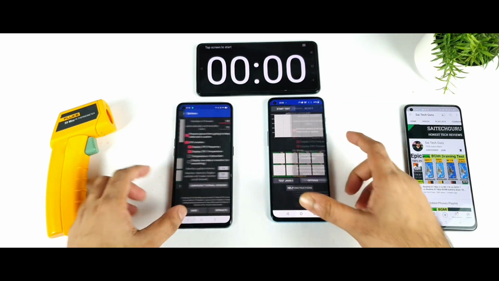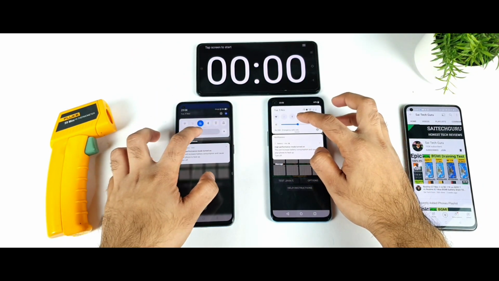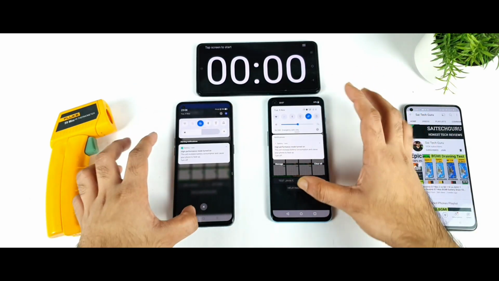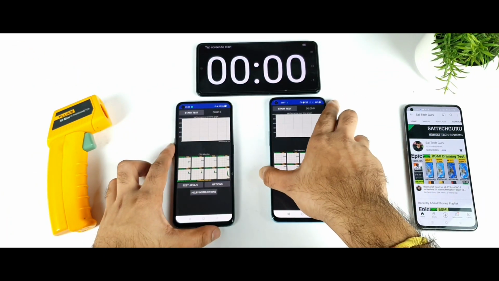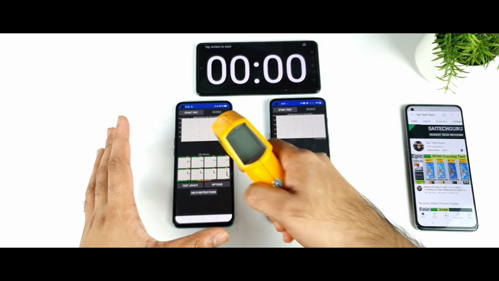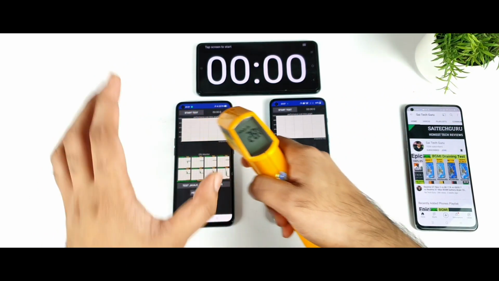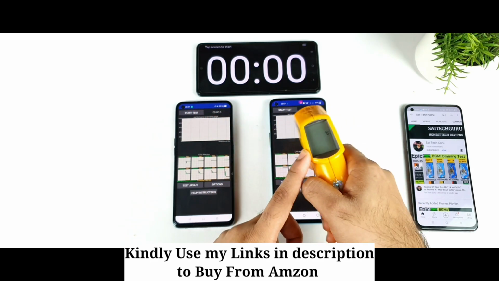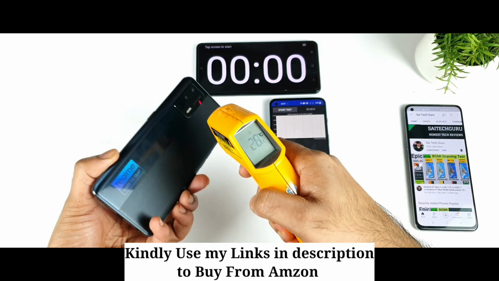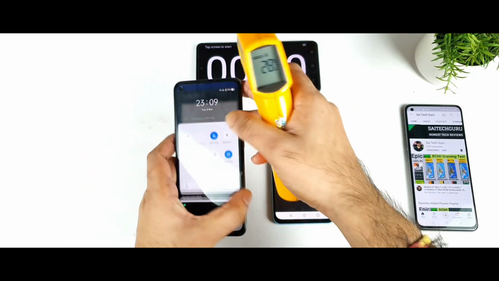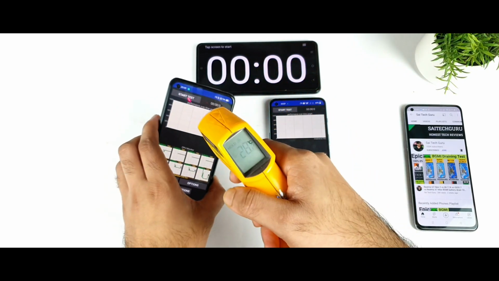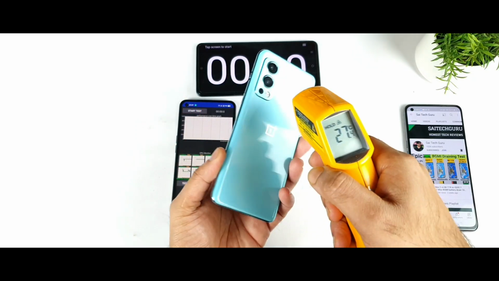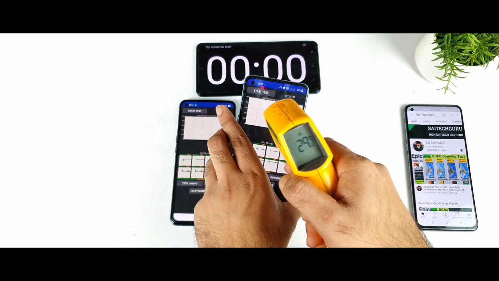First, let me check the temperatures and what is happening between both phones. And brightness, I did keep close to 50%. Nothing major, I'm not keeping 100%, exactly 50% brightness only. So using this kind of scenario, let's see which phone reaches higher temperatures. Right now it's 28.6 degrees Celsius and 29.2 degrees Celsius. So it's a little bit close, not a huge difference. As you can see, friends, how things are going on between both phones. The Realme is at 28.6 and 28.4, and the OnePlus Nord 2 is at 28.8 and 28.8.